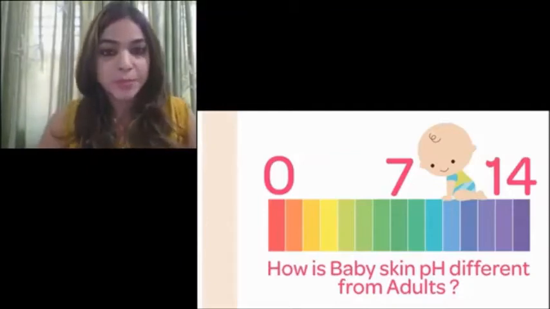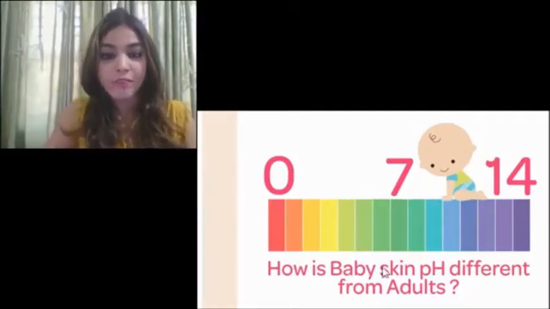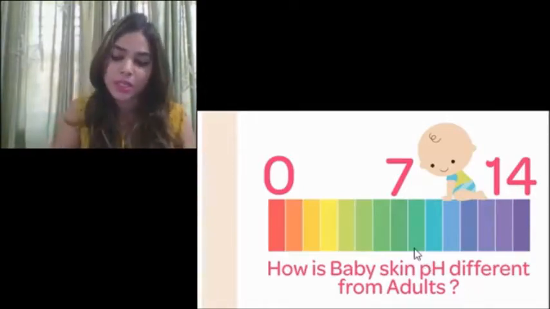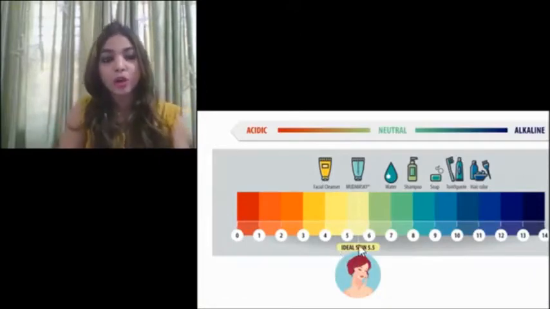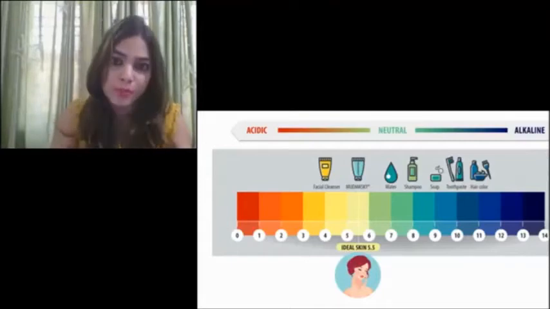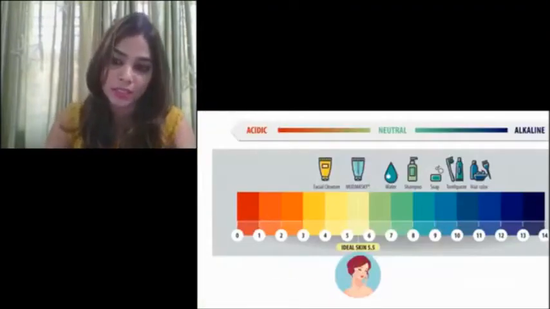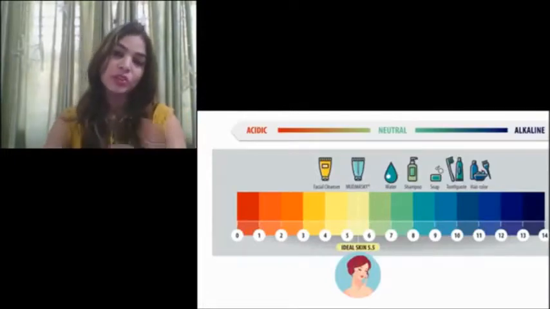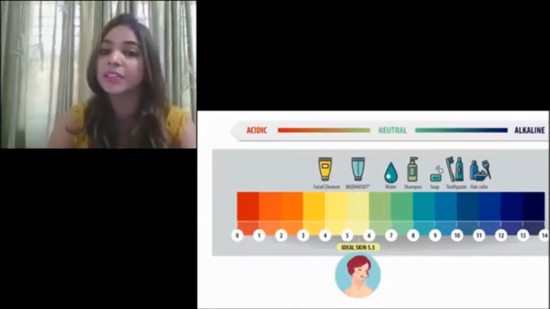Moreover, when the baby is born, the pH of the skin is around 7, that is neutral. As we age, after around 3 months, the pH becomes around 5 to 6. So the products you use for adult skin, you cannot use the same products for babies, right? Because the baby skin pH is much higher as compared to adult skin. The higher the pH of the soaps you use, it causes dryness. Even the lower pH soaps can cause redness and irritation on the skin.